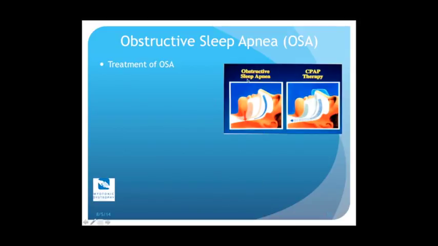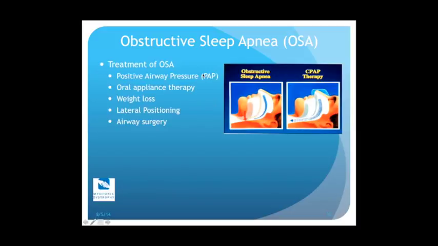So here I just want to show you what sleep apnea is. This person is laying on his back. And sleep apnea is really just a collapse of the tongue in the airway, just posterior to the lower jaw. CPAP is one of the more common treatments. I like to tell patients it's a glorified medical grade air compressor. It just takes room air, it's not oxygen, and pressurizes it, and it keeps this tissue open. It prevents the tongue from collapsing backwards, so that you can continue to breathe normally. It is not oxygen.